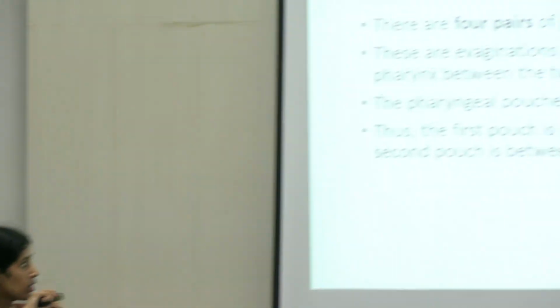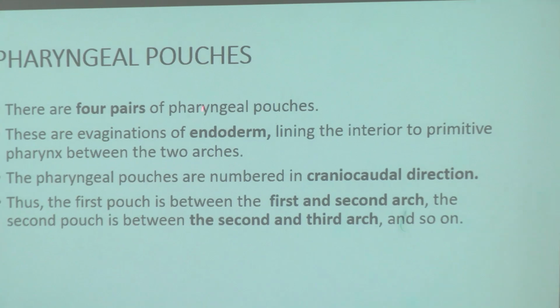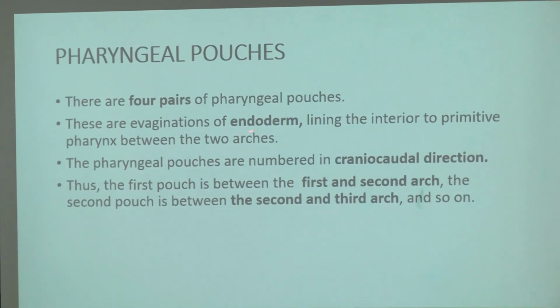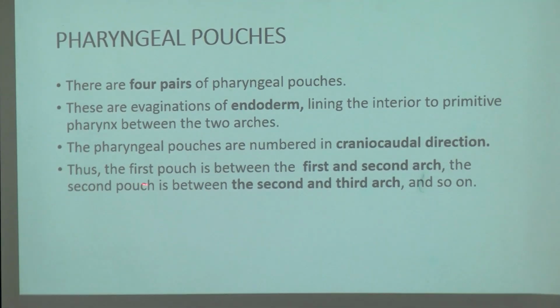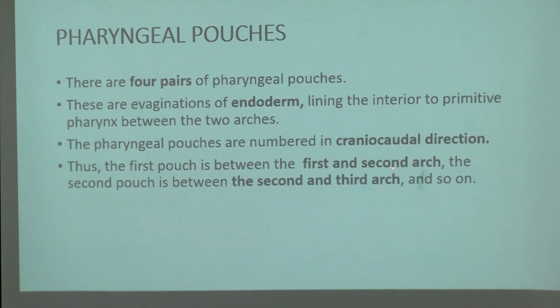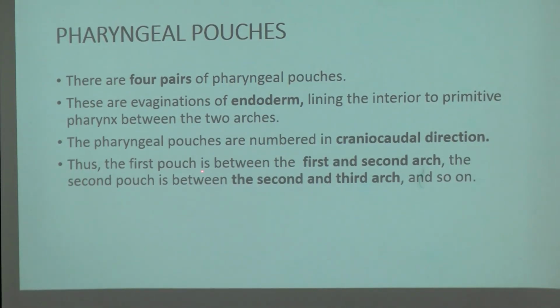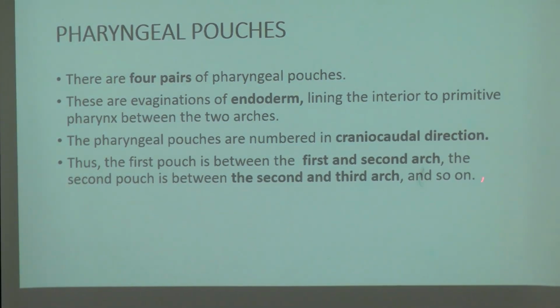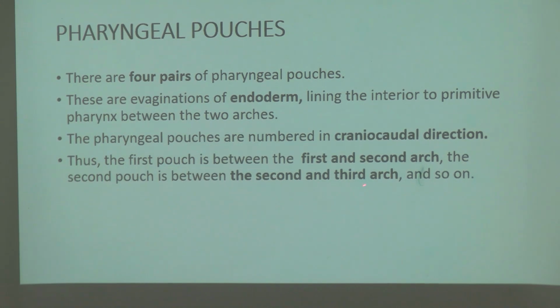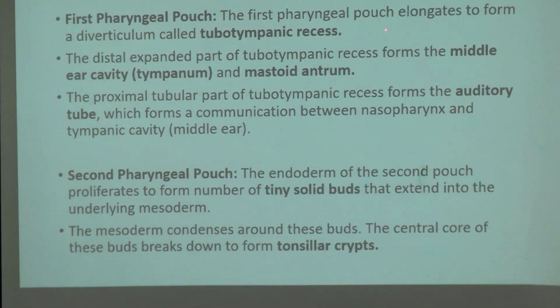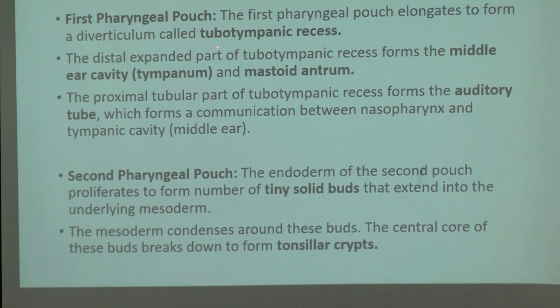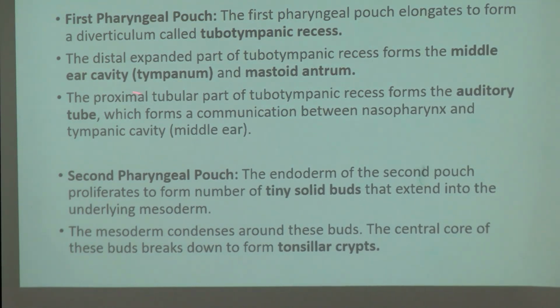Pharyngeal pouches. There are 4 pairs of pharyngeal pouches. These are evaginations of endoderm lining the interior of primitive pharynx between the 2 arches. The pharyngeal pouches are numbered in craniocaudal direction. Thus, the first pouch is present between the first and second arch, and the second pouch is present between the second and third arch, and so on. First pharyngeal pouch. The first pharyngeal pouch elongates to form a diverticulum called tubotympanic recess. The distal expanded part of tubotympanic recess forms the middle ear cavity and also the